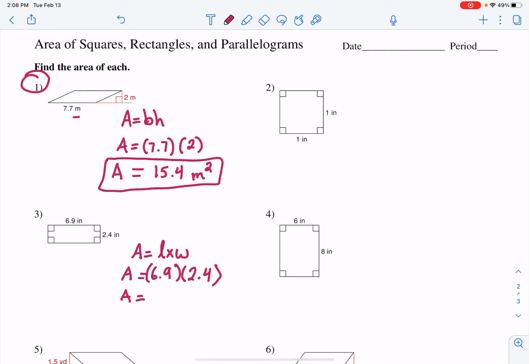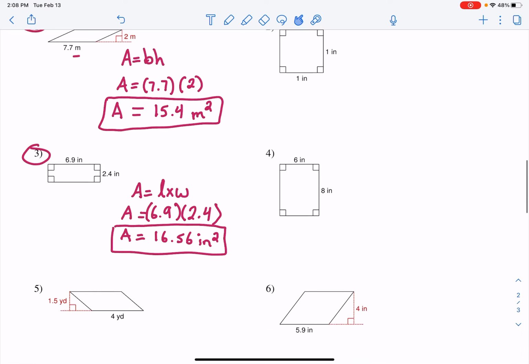6.9 times 2.4 is 16.56. And my unit was inches, and since I multiplied inches times inches, I'm going to write inches squared to say I multiplied inches times inches. All right, so we've done numbers 1 and 3 together on the front. The rest of this front page is squares, rectangles, and parallelograms. Very similar process. We're going to flip to the back, try 2 problems